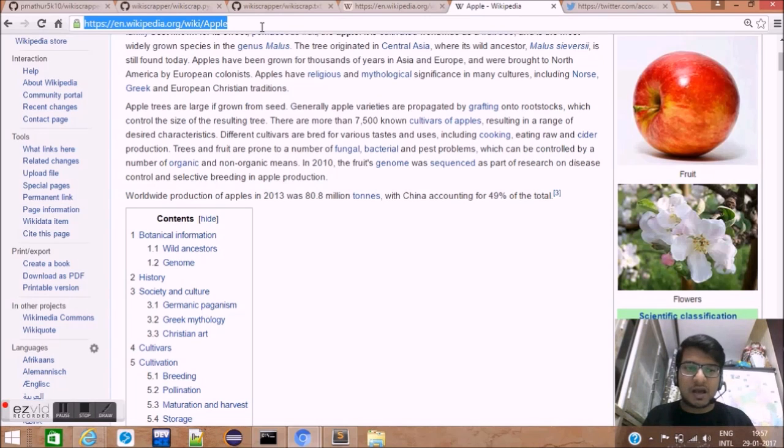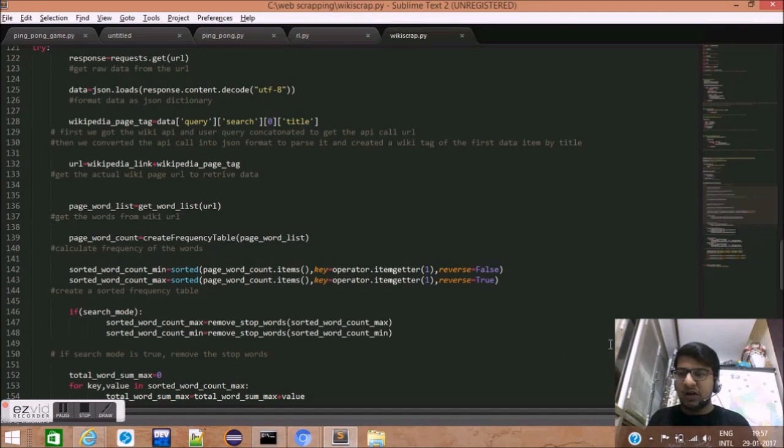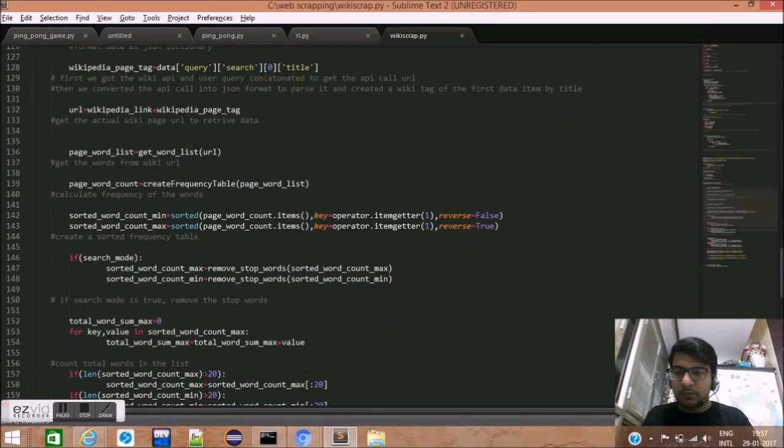Here we have en.wikipedia.org/wiki/apple. This is what we were searching for, the fruit apple, the Wikipedia page relating to this fruit apple. Now that we have the Wikipedia page with us,